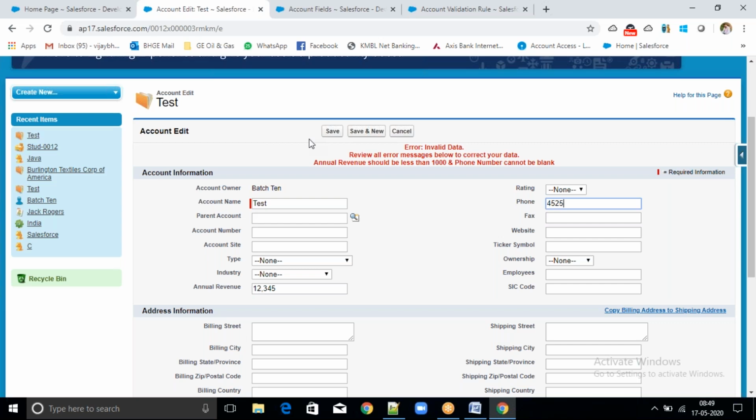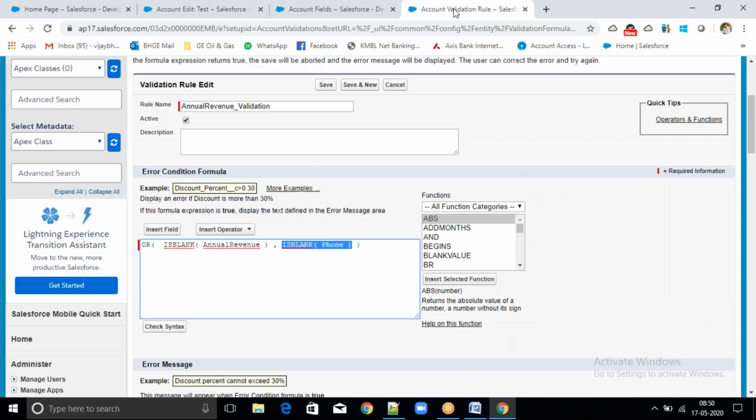I think it will give because both are true. See, don't guess. Check the condition. I am entering values in annual revenue and phone number. Now check the condition and tell me correctly.